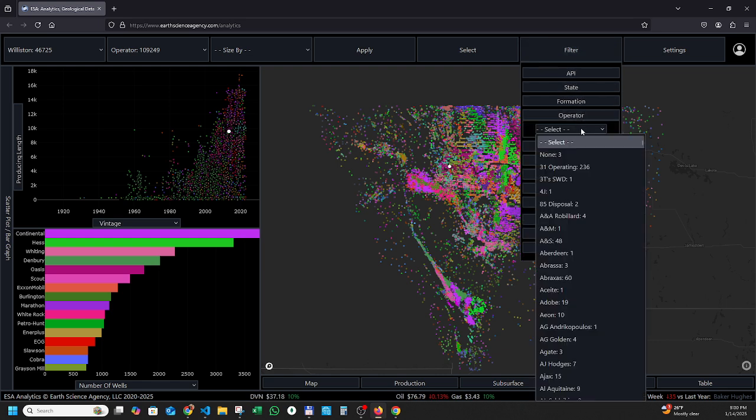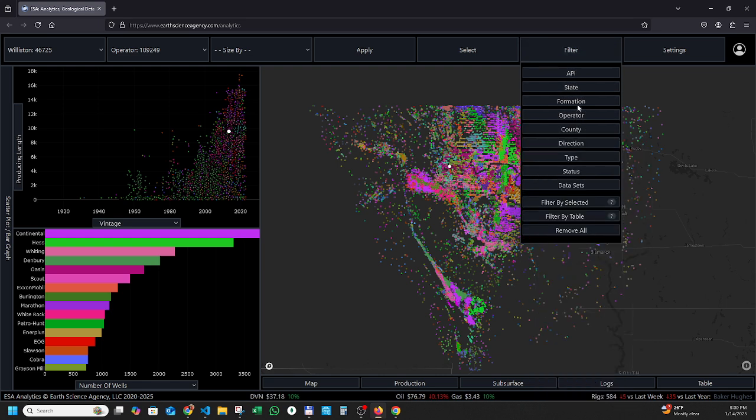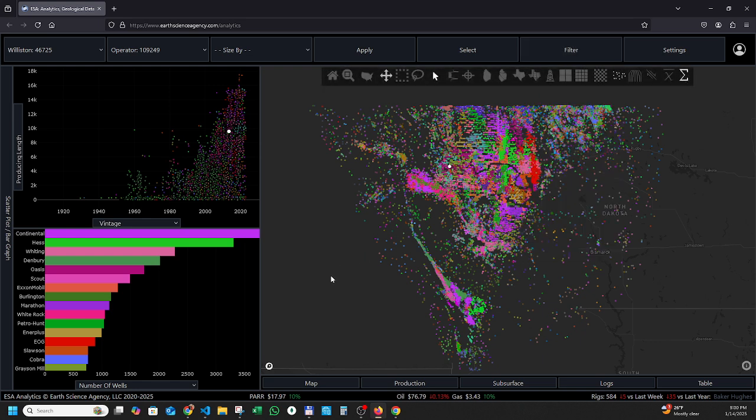So you can choose which operator you want, and you can do the same thing with the formation, same thing with direction, and all these different filters. It just allows you to drill down quickly to whatever information you're trying to evaluate. Let me point out one other thing that's kind of cool. We now have stock prices that are updated, and oil and gas prices along the bottom, as well as rig